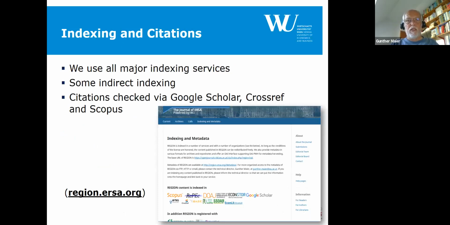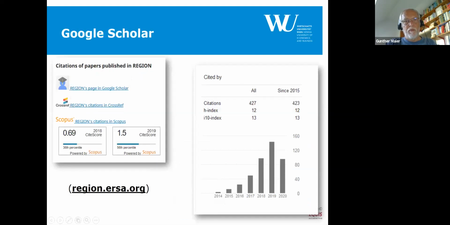Indexing and citations, we use all the major indexing services that we have access to and that we could find. Some of the indexing is indirectly because one indexing service pulls data from another one. And so we use all this open source infrastructure there. And we have the citations checked via Google Scholar, via CrossRef, and Scopus. And there is, what you see here at the bottom, a page on our homepage which says indexing and metadata. And there you get to this information. You see all the indexes that we use. And you also find information about